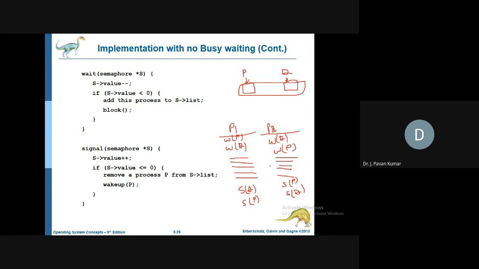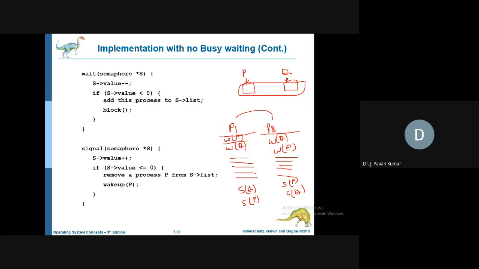Now here, if you see, these two processes P1 and P2 are simultaneously executing. That means one statement from here, one or two statements from P2, or three statements from P1, something like that. Some interleaved execution is allowed. Then what will happen here is, let us say wait of P is executed, the P value will be decremented, so P will be held by P1.